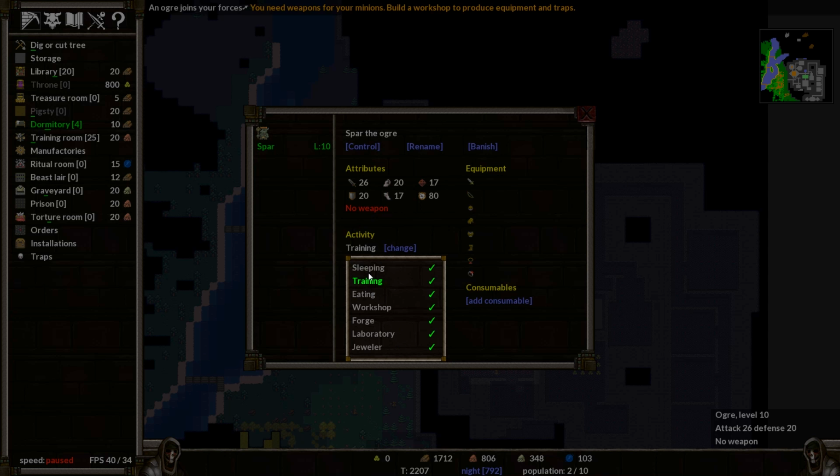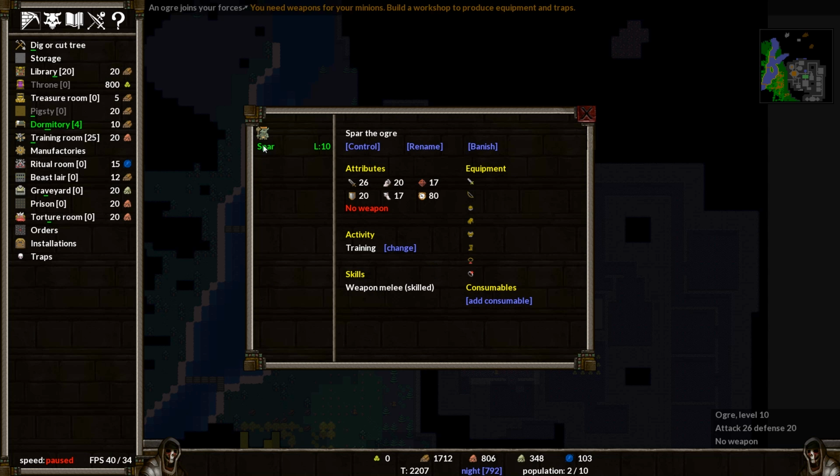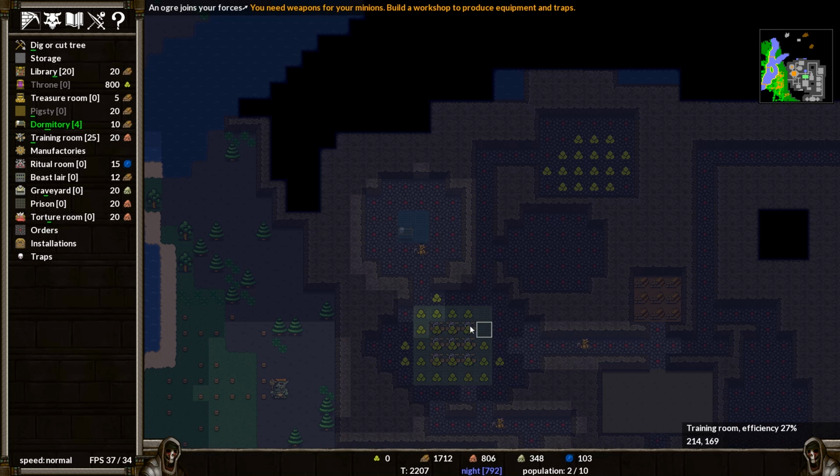He can do a number of different things, including sleeping, training, eating. He can work in the workshop. He can work on the forge. He can work in the laboratory. He can be a jeweler. And he's also a huge, massive thug. Like, he does a lot of damage, and he also has a weapon. He can fight with weapons, which is fantastic. The ogres are great. That's why it's good to stop when you've built...